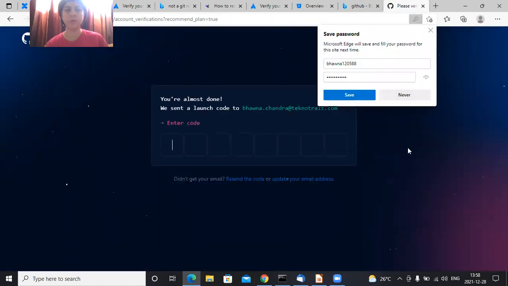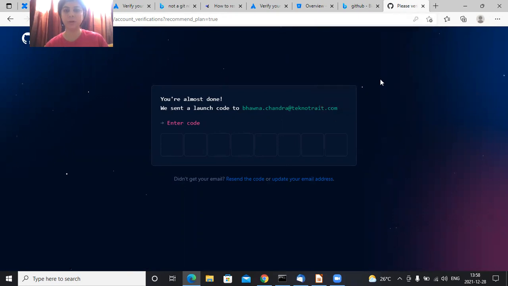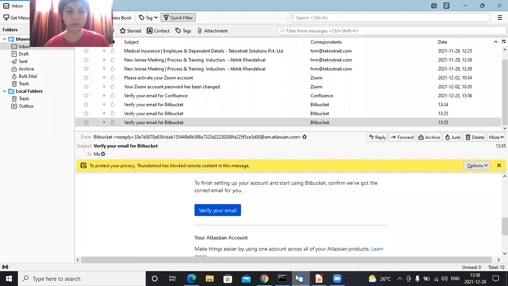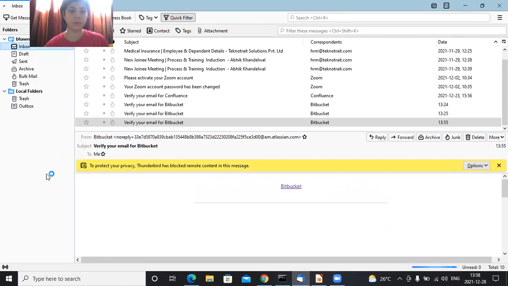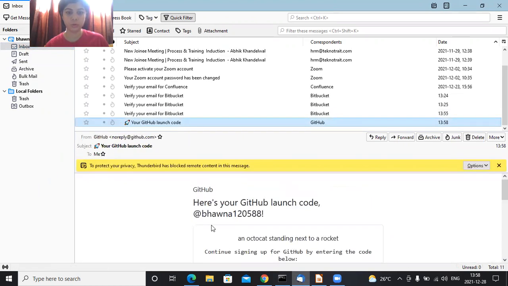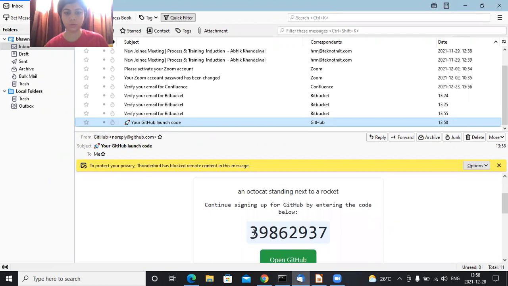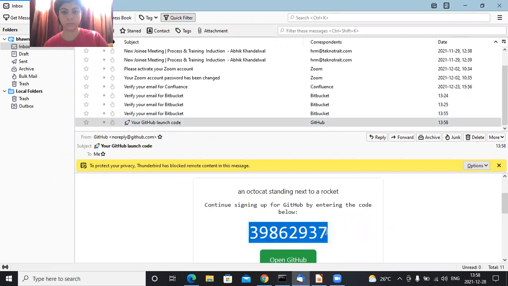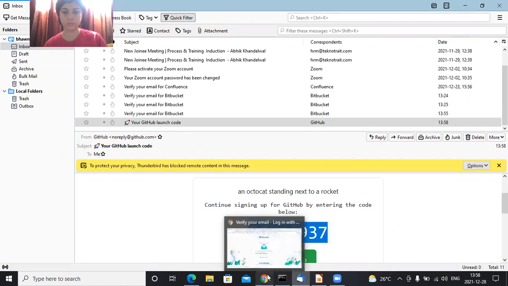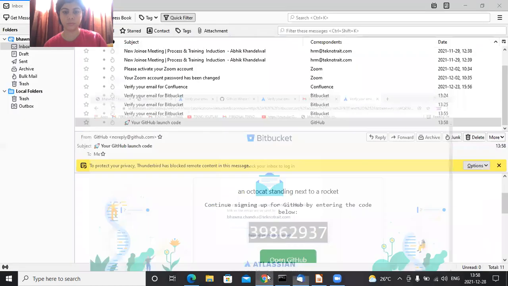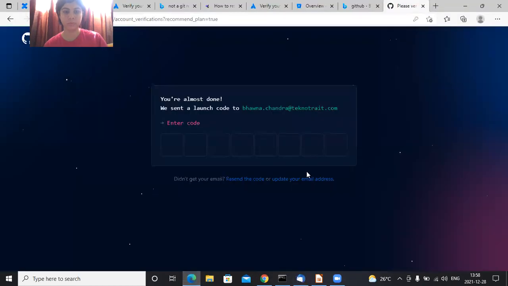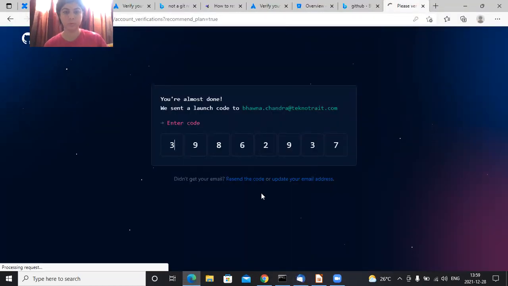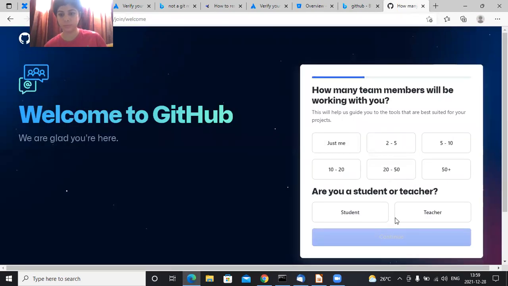Now a code is sent to the email address. So I'll check the email. To refresh it, GitHub launch code. So here is the code. So yeah, here my GitHub account has been created.